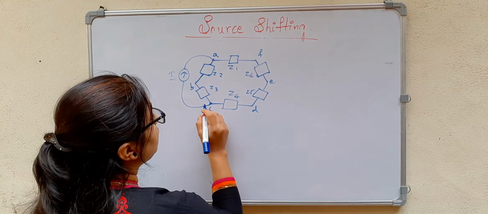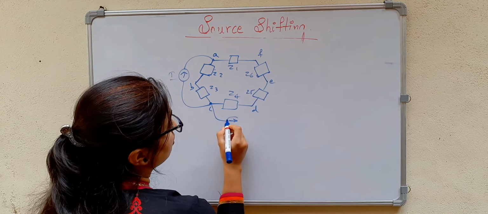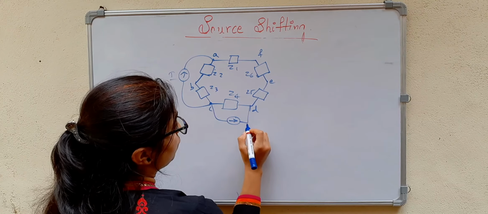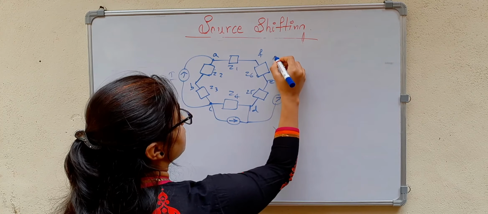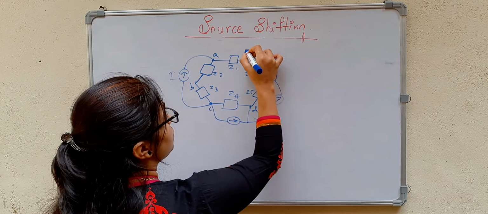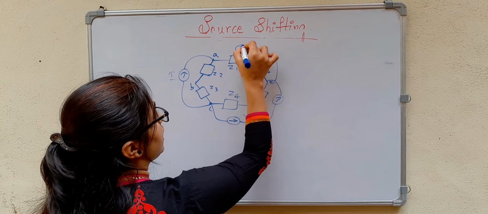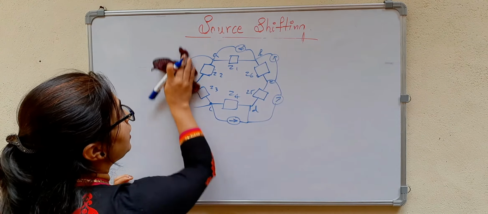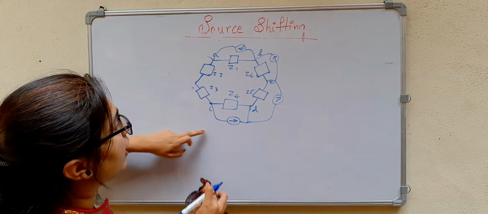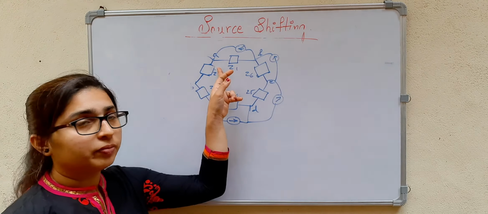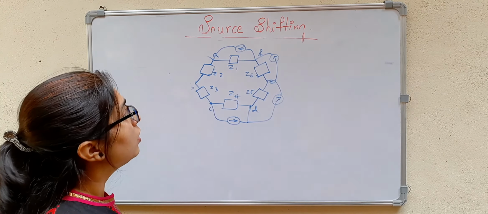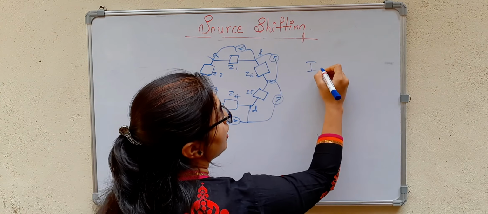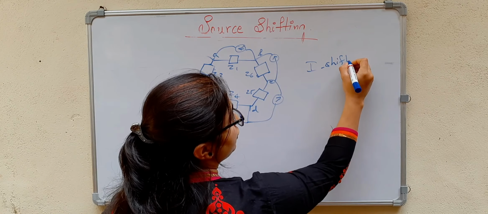Now equivalent will be like, I can shift the current source. Okay, like this. I can shift the current source. In this case although the current is leaving C and current is entering A. Okay, then I can apply the source transformation technique. Okay, this is all about the I shift technique and the V shift technique.